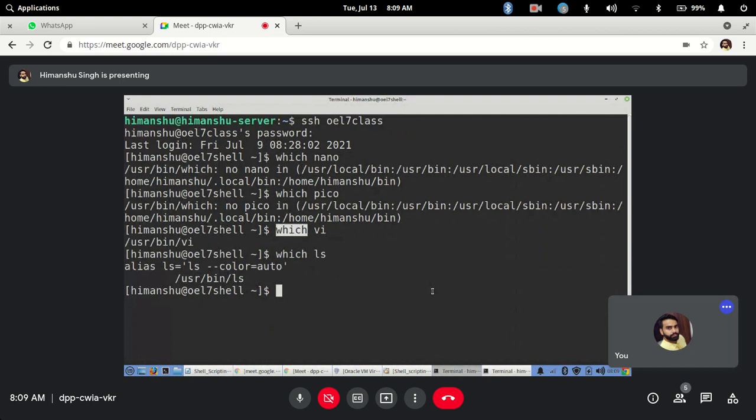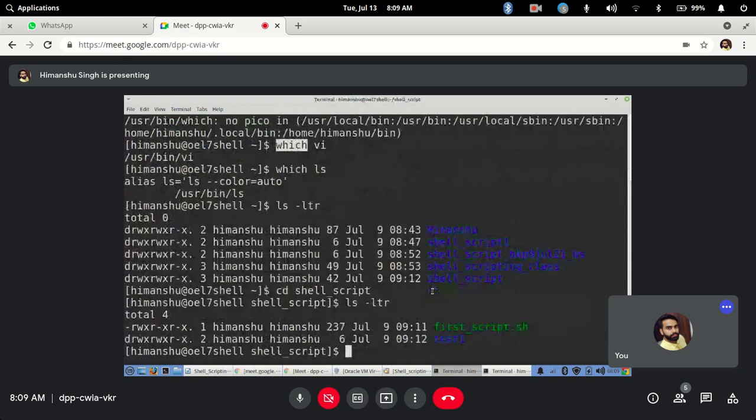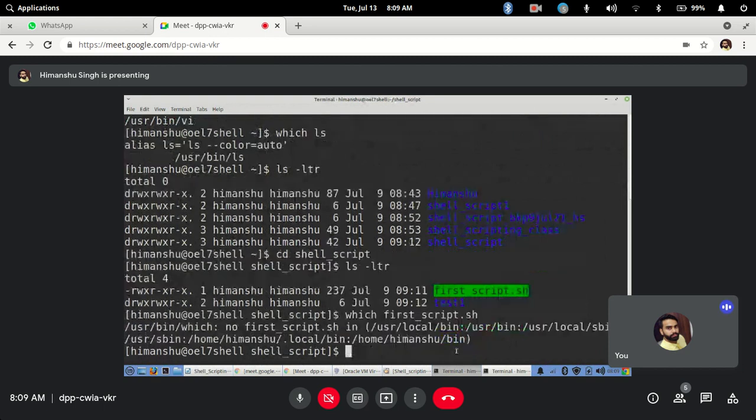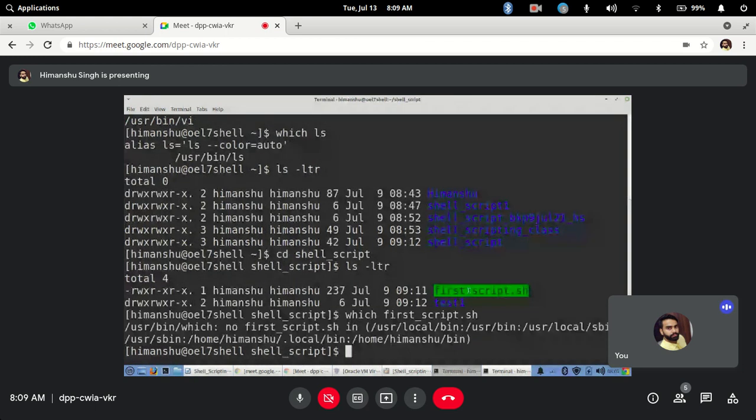Let's say last time what we did, a script. So this was the script, right? If I try to do which on this script, this will not work. It doesn't know where this script is. The script is still here, but which doesn't know where it is. So that's why you might not be able to get that script directly. How to do that we will see maybe tomorrow, when we will be talking about the variables and the paths. So which is quite useful.